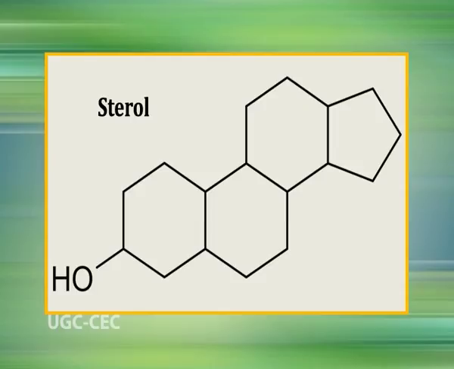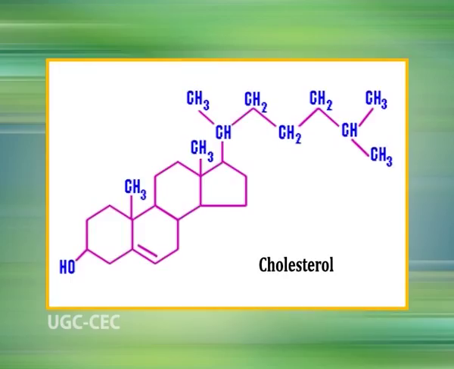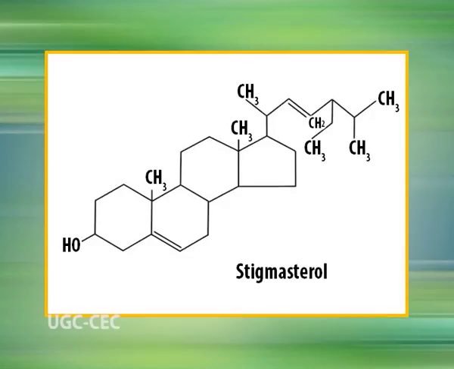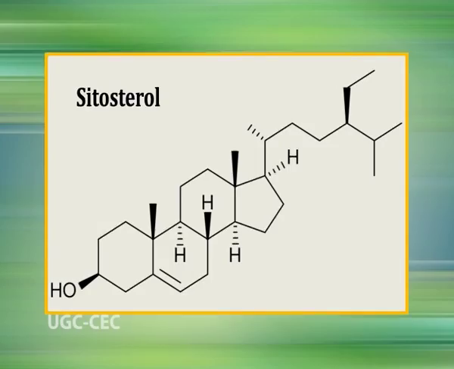cell surface. Now, sterols. The basic structure of sterol is a steroid nucleus consisting of 4 fused rings, 3 with 6 carbons and 1 with 5 carbons. It is planar and a relatively rigid structure. Cholesterol is the major sterol present in the plasma membrane of animal cells. The plasma membrane of plant cells lacks cholesterol, but they contain sterols like stigmasterol and sitosterol. With rare exceptions like mycoplasmas, bacterial plasma membrane also lacks cholesterol.